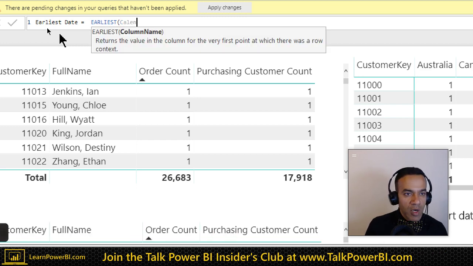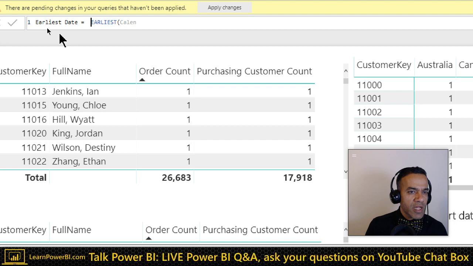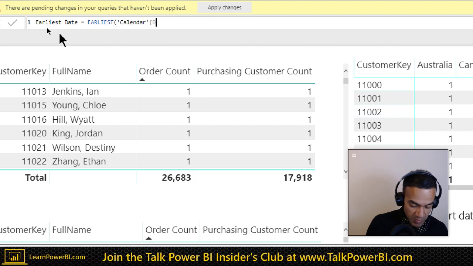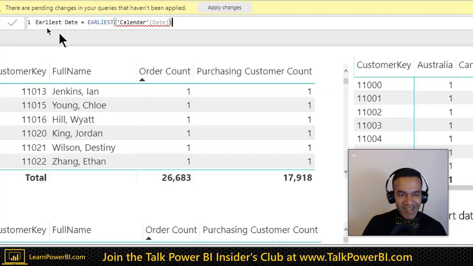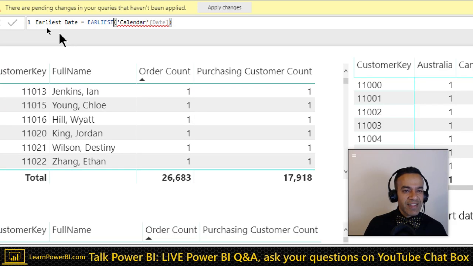Oh, come on, autocomplete. Why isn't it helping me? I don't know why autocomplete decided to shut down. Earliest. No, this is not it. I think it's the, what is it?